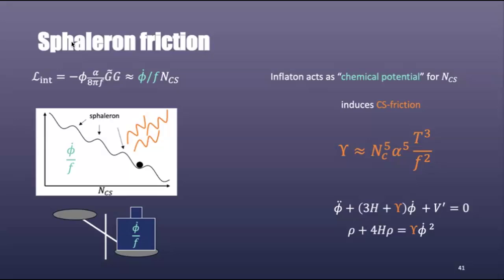Well, yeah, maybe that's the only other scale that can come in. And then, okay, I would naively say alpha squared, and I would say naively T to the 4th, right? Because dual has dimension of 4. But you have some vertex with some d mu's in it, so you're going to get some d mu's. But then you have alpha to the 5th, so it's a 5 loop calculation, which I don't quite understand,